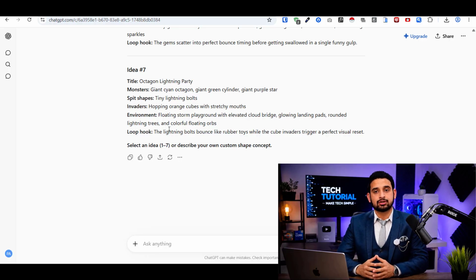If you don't like the first set of ideas, simply ask the AI for more ideas. Type more ideas several times and keep generating fresh concepts until you find something unique. I actually recommend doing this because many people may use the same prompt. Generating additional ideas will help your content stand out. Once you have selected an idea, save it somewhere because you'll use it throughout the video creation process.